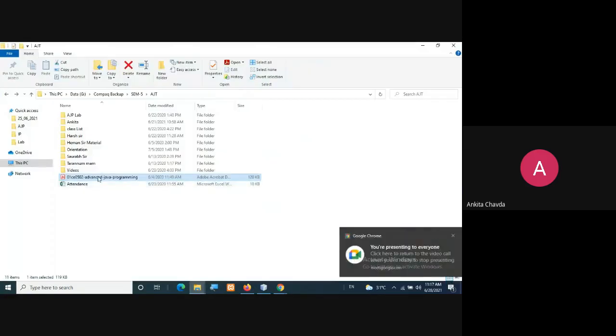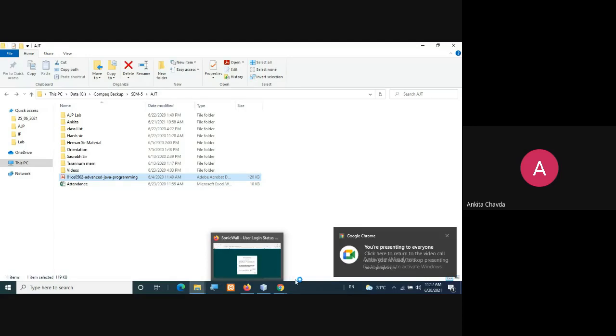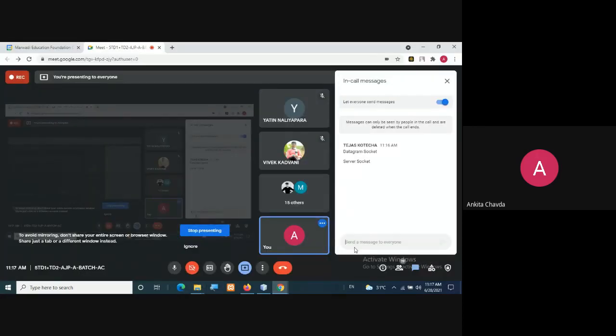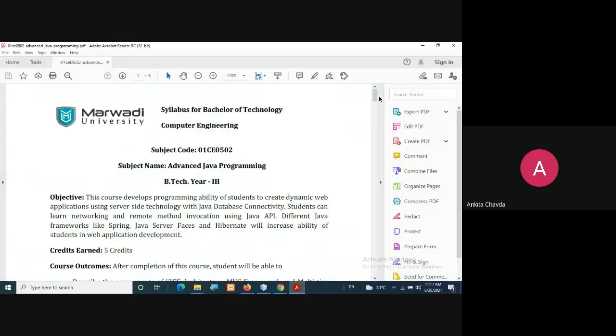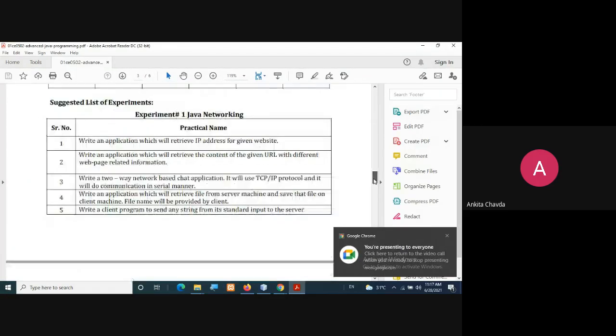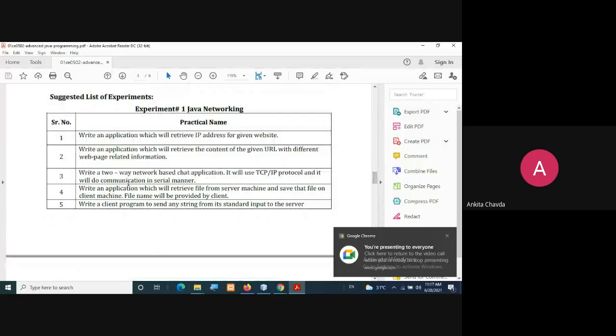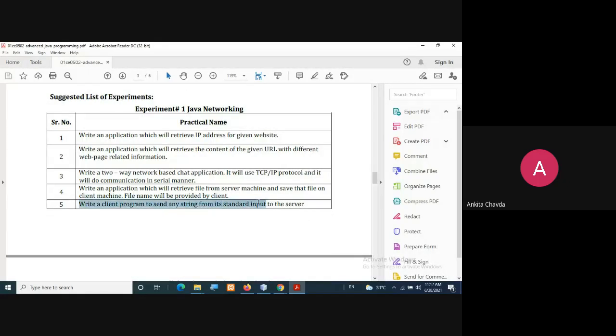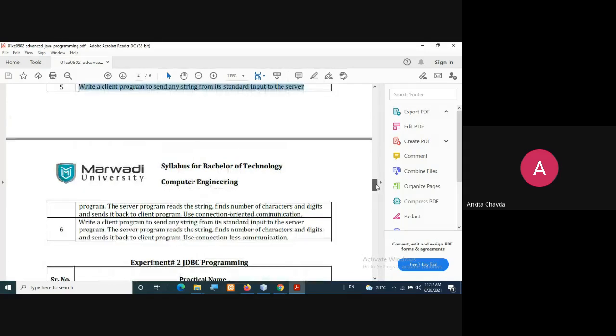The very first program that you are going to do is this one. Write a client program to send any string from its standard input to the server program.